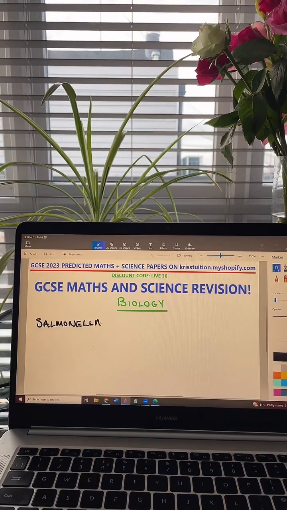And we should know that Salmonella comes mainly from uncooked or poorly cooked poultry and meats, okay? Now, it's generally found in the guts of lots of animals, and if they're not cooked properly, this bacteria is not killed, and therefore we can ingest it. Or if you don't clean surfaces properly after perhaps cutting up chicken or something like that, then we can get this Salmonella infection, all right?